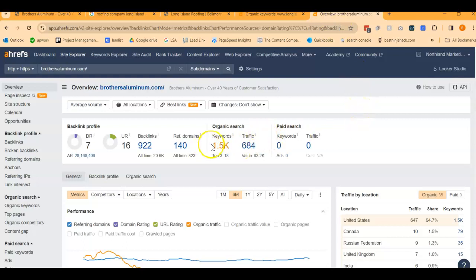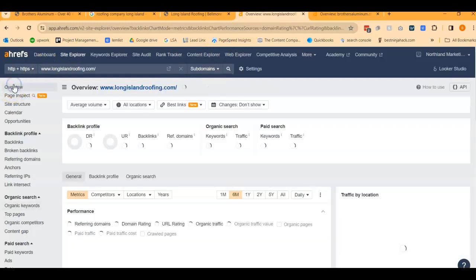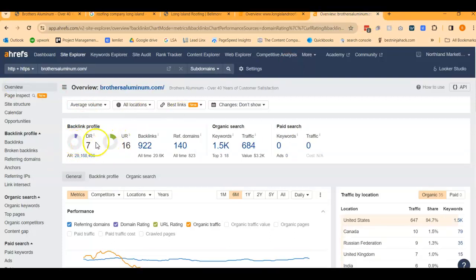Now, when we take a look at your website's ratings, your UR and DR are actually a bit higher than theirs, but relatively speaking, both of yours are a bit low. We really like to see these numbers closer to 20, and even you want to have like 20 and 20 rather than 7 and 16. So right off the bat, we can see that even though your website has a bit more power, the fact that they have a keyword within their name is definitely helping them out,